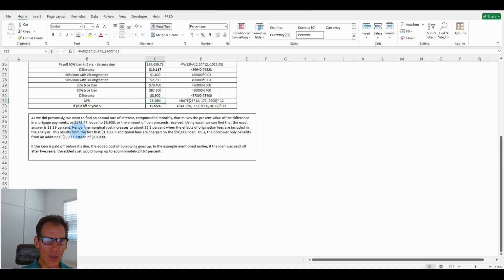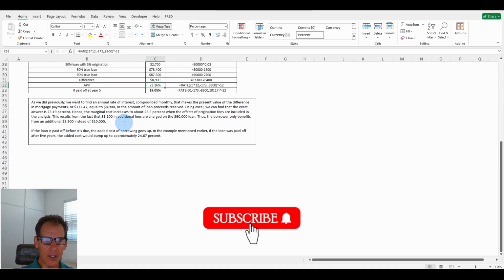This results from the fact that $1,100 in additional fees are charged on the $90,000 loan. Thus, the borrower only benefits from an additional $8,900 instead of 10 grand. If the loan is paid off before it's due, the added cost of borrowing goes up. If, in this case, as mentioned earlier, the loan was paid off after 5 years, the added cost would bump up to approximately